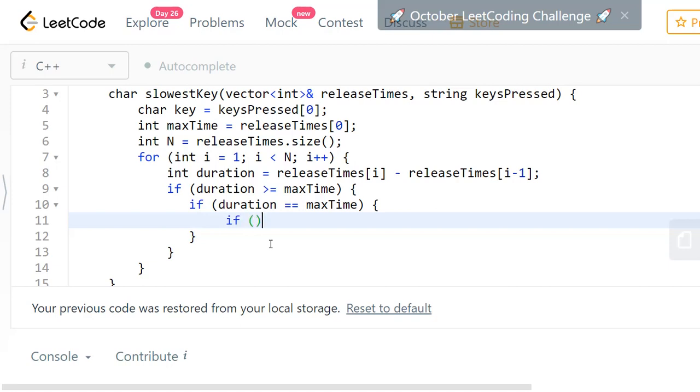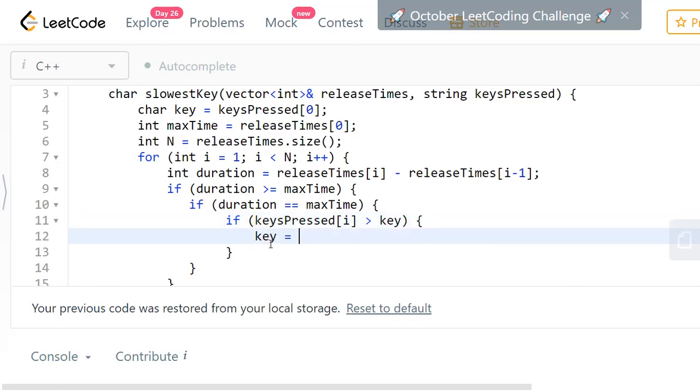So if keys pressed of I is greater than key, then you update your key. And we don't have to update duration because the max time is anyway equal to duration.